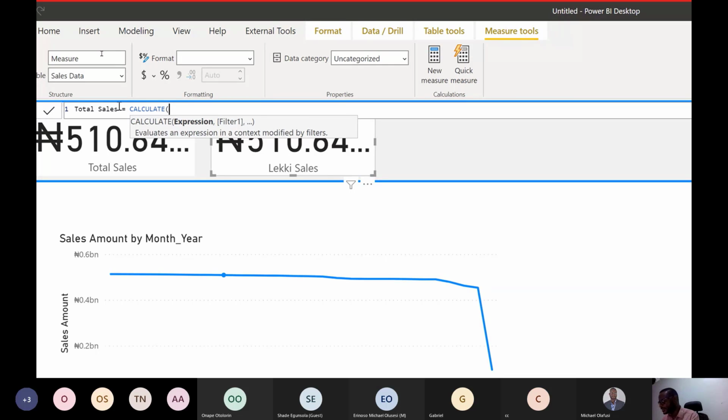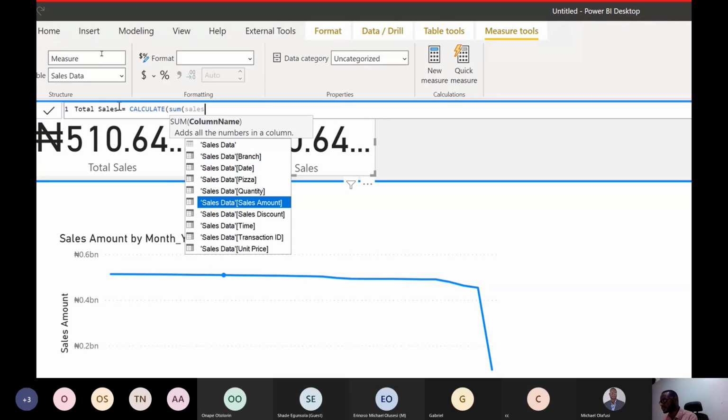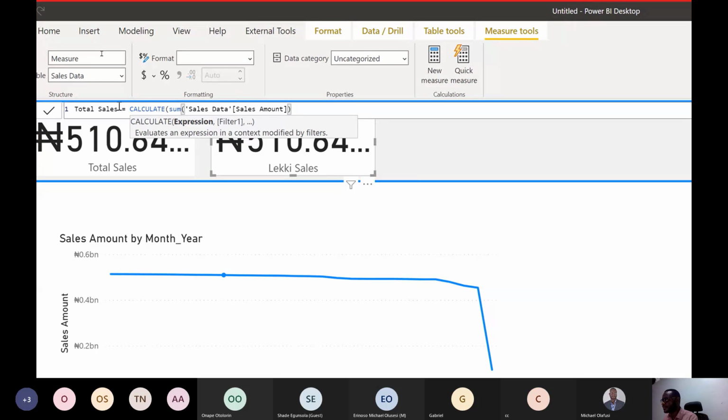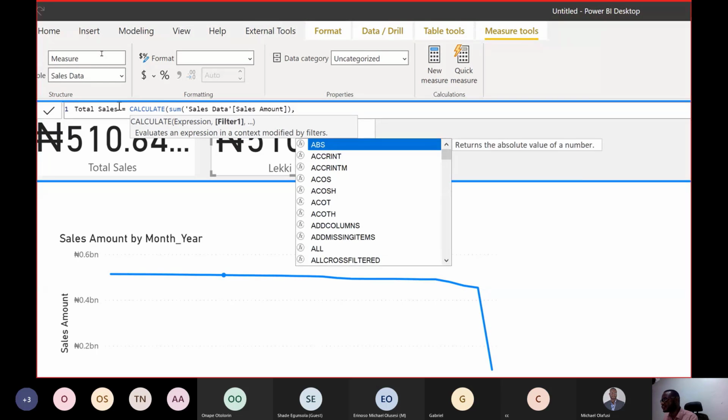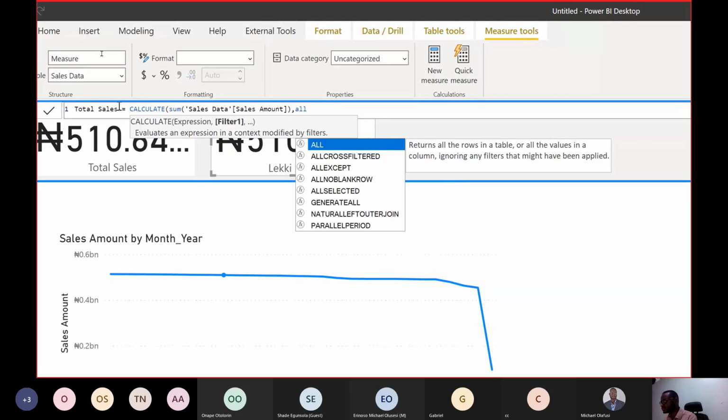This is the most powerful DAX formula, CALCULATE. It allows you to control the filter context. It allows you to control what impacts the calculation. Every time I click on something on this chart, it's affecting my previous calculation, right? That's what we call filter context. I can control all of that with this. So I can say it should sum the sales amount, and it should always pick all